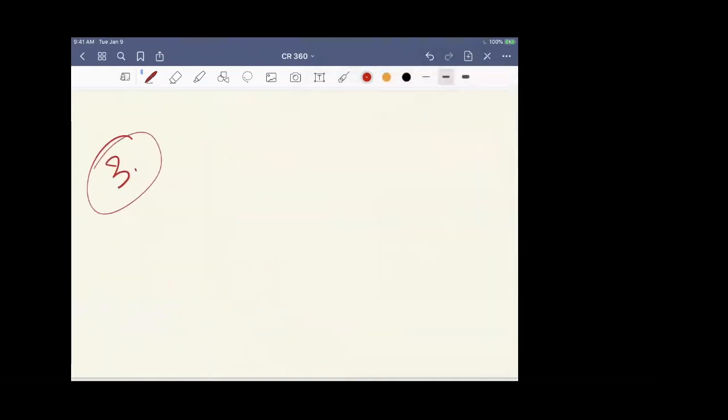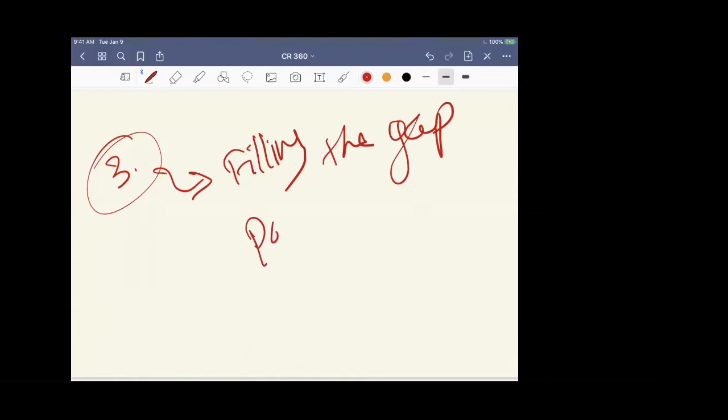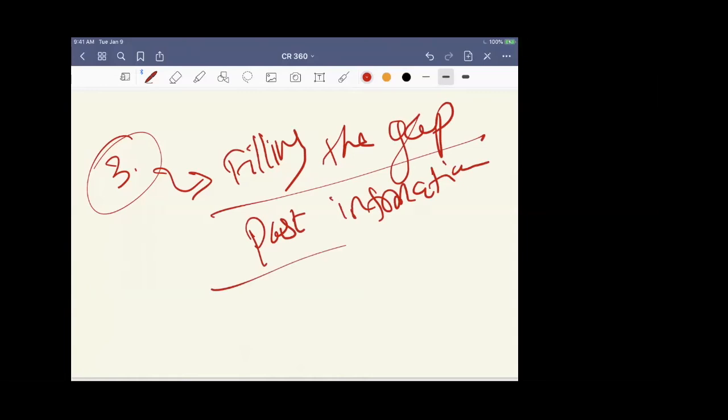And paragraph number 3, you will be focusing exclusively in this paragraph, if you are performing a study that is filling the gap in the past information, on how it will be useful for future studies.